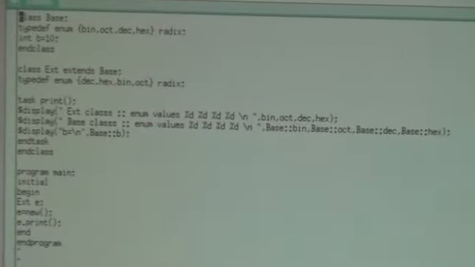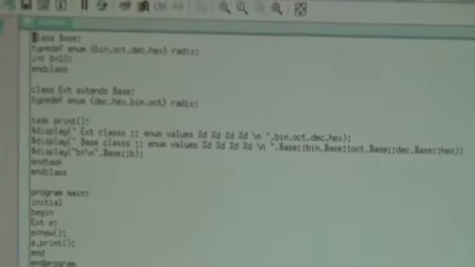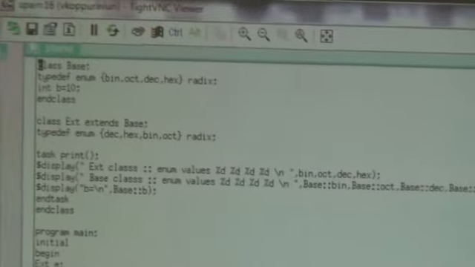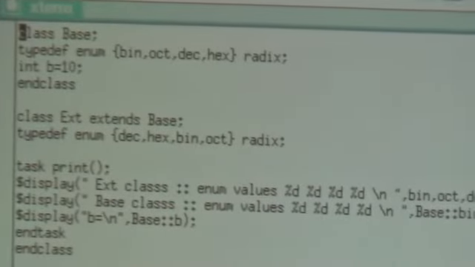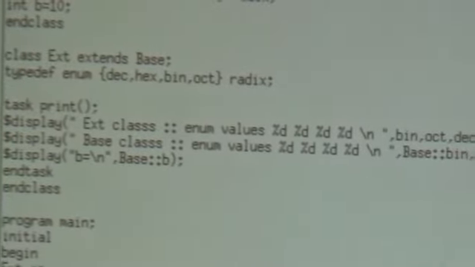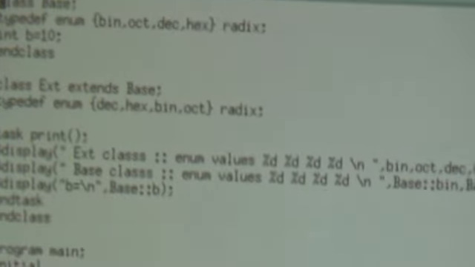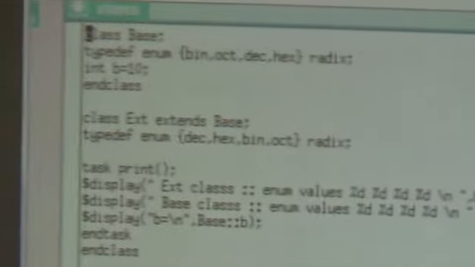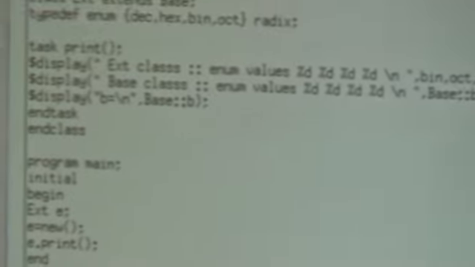This is the same example of the scope resolution operator which I explained before. It consists of class base, typedef enum radix, end class, child class. It also consists of the same radix declaration in both child and parent, and in the task I have just accessed, and here the scope resolution operator is used to refer to the parent class base.